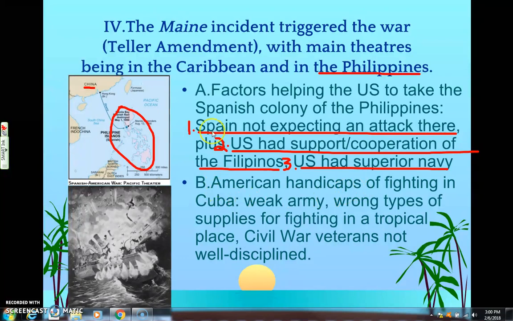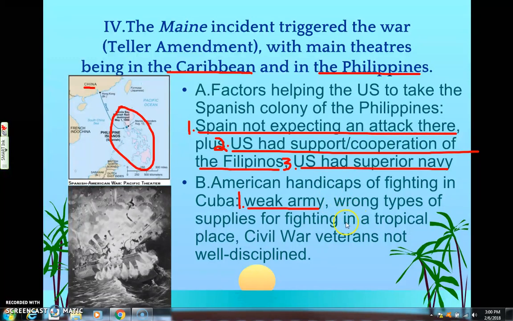focus on here. Now, the other theater is the Caribbean, mainly in Cuba. Some of the reasons, some of the struggles that we had despite being just 90 miles away from our coast is, one, we have a relatively weak army. We're still fighting basically with an army in terms of tactics and in terms of technology from the Civil War, from the mid-1860s. And here we are at almost the turn of the century.